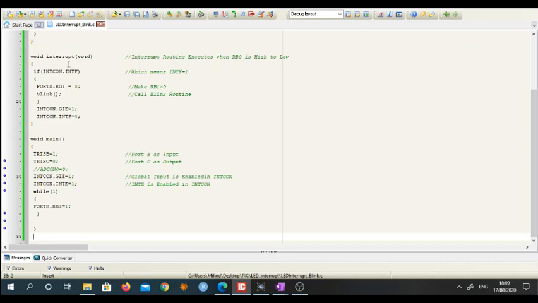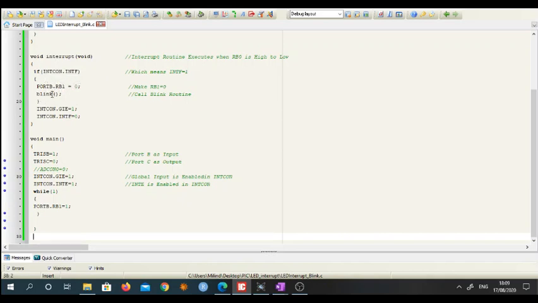Then it will come to this interrupt function, and there it will check whether this INTF flag is set or not. That means whether the interrupt has occurred. Here we have already put the condition INTF equal to 0 because there is no flag set till now, and only when we press the button will the flag be set. So when the interrupt occurs, this is high. When this condition is true, that is when INTF is equal to 1, it goes inside and makes this LED 0,